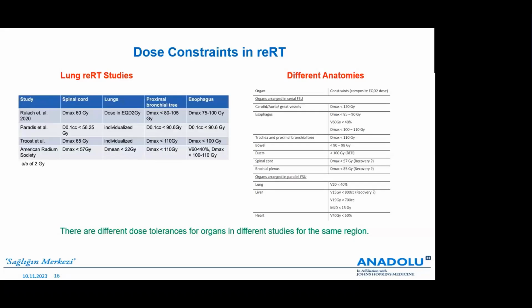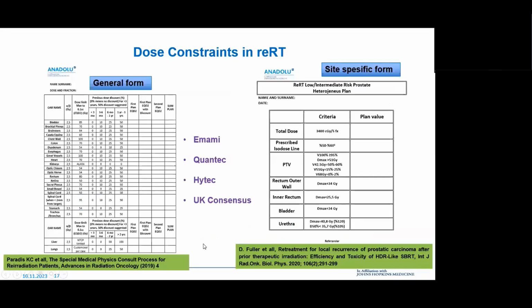So another important thing, as a physicist, is that maybe you can follow some evidence-based studies. But you should take into account that there are different dose tolerances for organs in different studies for the same region. So what about our experience, what are we doing in our department? We have 2 different forms. The first one is the general form we are using in our department, which gives us some values. And this form is created and copied from Paradis et al. They published it in